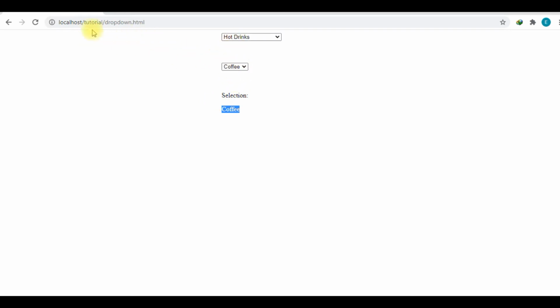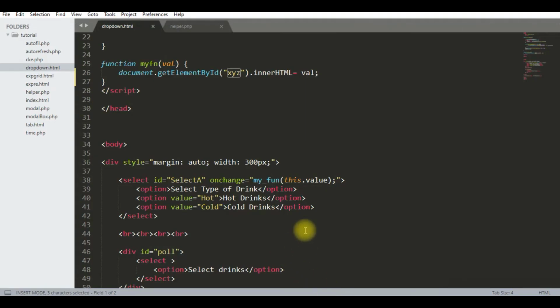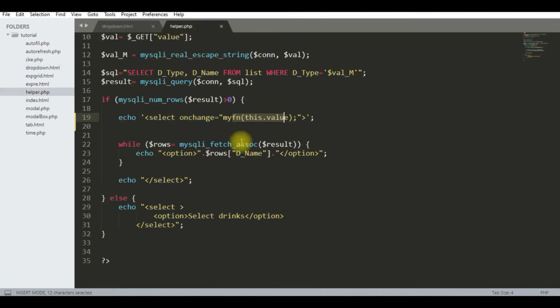When we refresh, the first time the selection is not working, but the second time it is working. Okay, so for this we will make some more changes. We will write this.